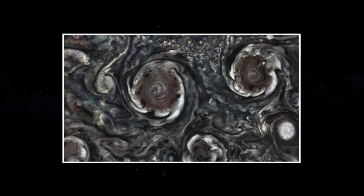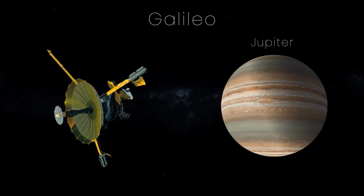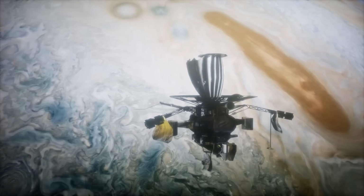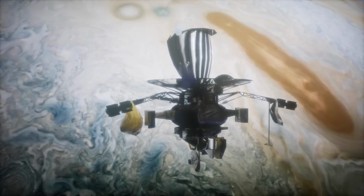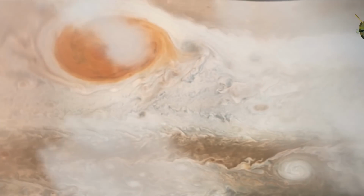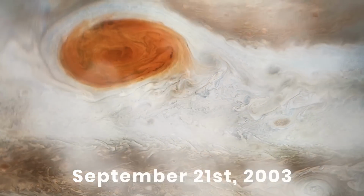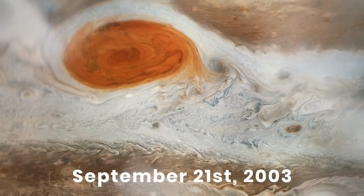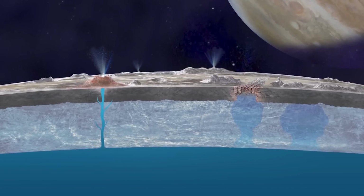rotate counterclockwise. The NASA Galileo spacecraft was likely the first to discover these hotspots when it accidentally flew through one on its way to a planned demise to the surface of Jupiter. When the spacecraft was almost out of fuel, NASA deliberately sent the craft on a no-return plunge into Jupiter on September 21, 2003. This was done to protect the moon Europa, which some say has a subsurface ocean that could